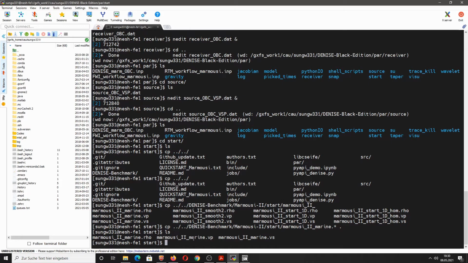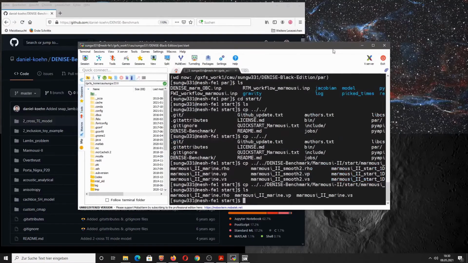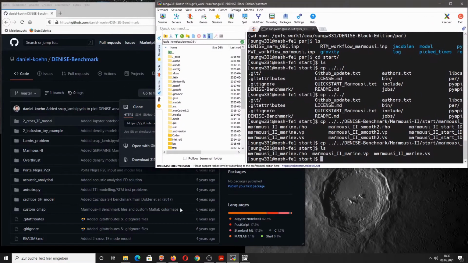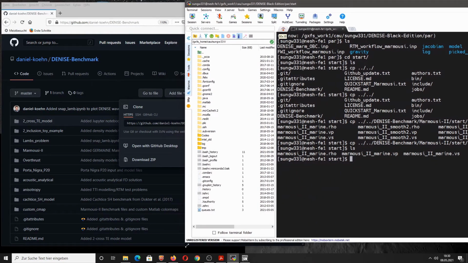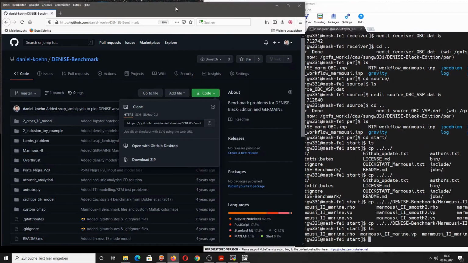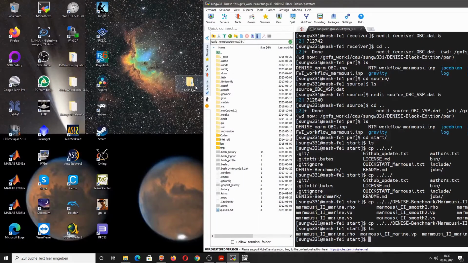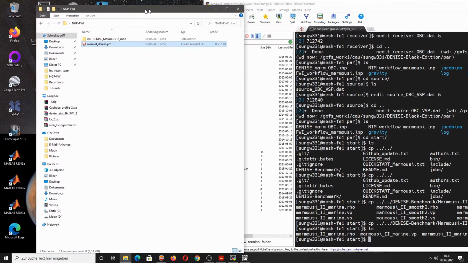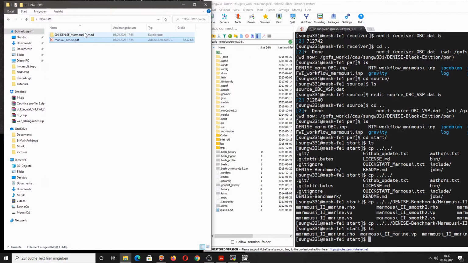Now we can check if these models are actually correct, for example if their sizes are correct. This is always a good idea, to check if the models are really consistent with what is defined in the parameter files. So what we will do next is we will check if the models are correct.